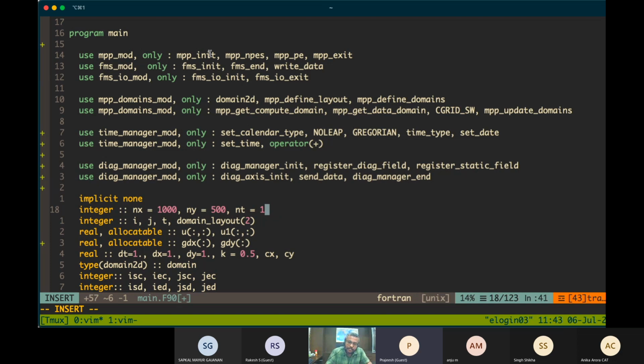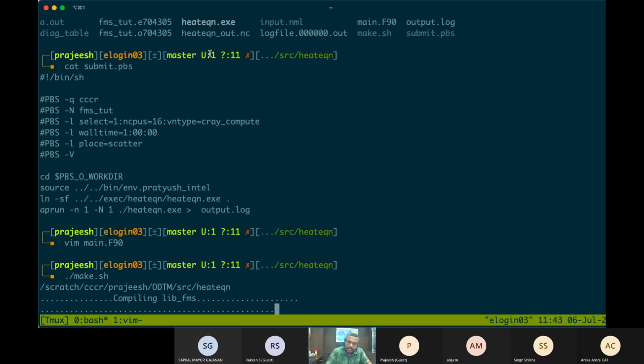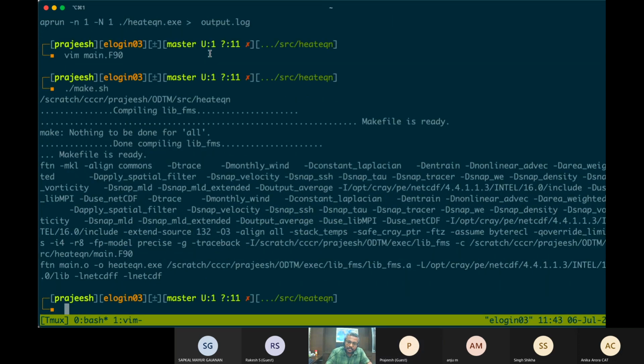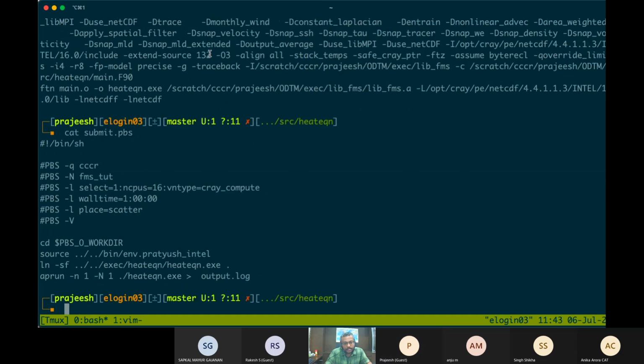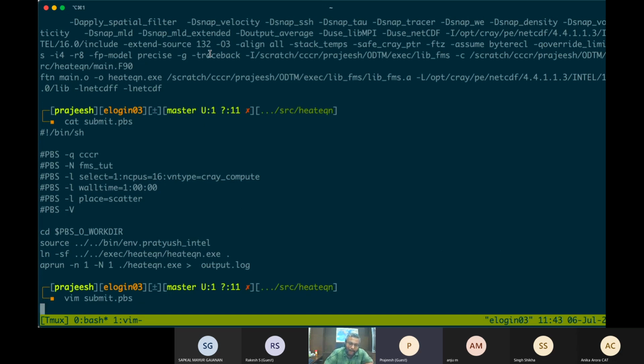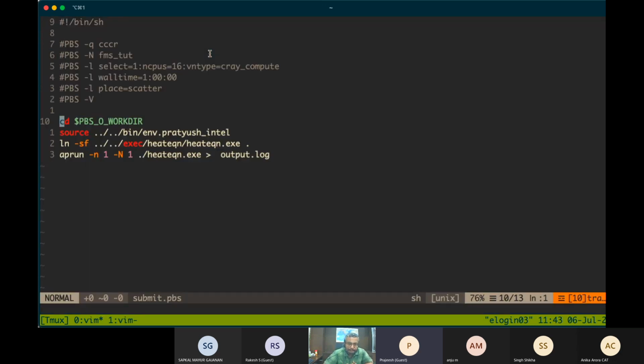It's better if we keep it a multiple of 24 hours. We are using only one processor here. We didn't run this model with multiple processors.